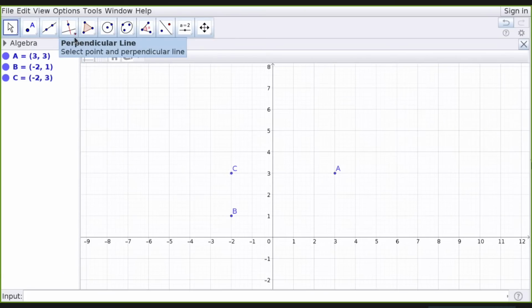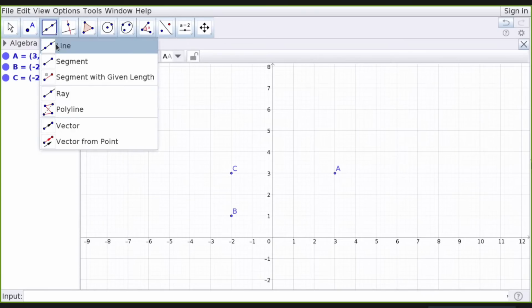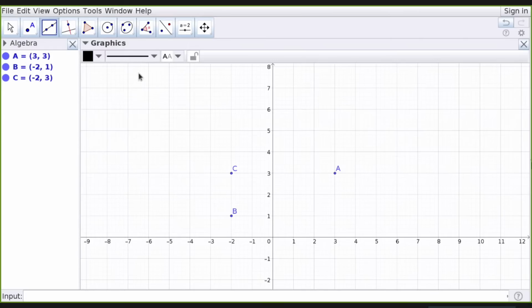Now what I am going to do is draw a line connecting A and B. For that purpose I will select the Line tool, then I will click on A. You can see a line is coming, and you know that to draw a line uniquely you require 2 points.